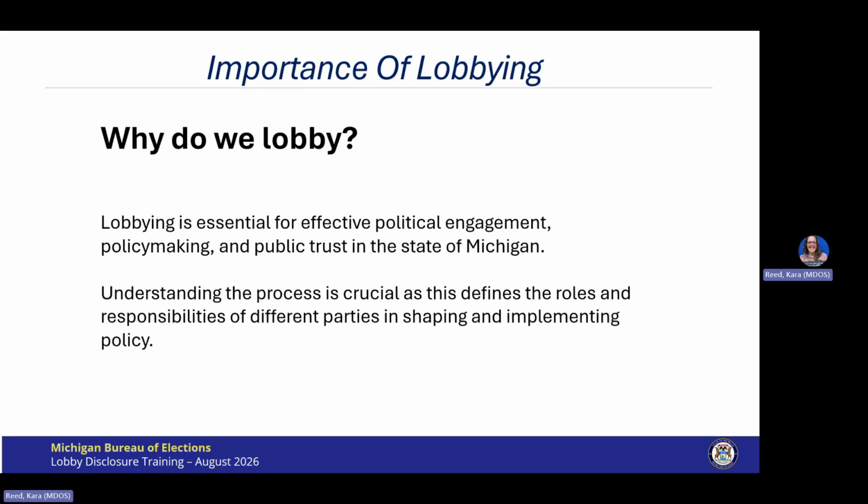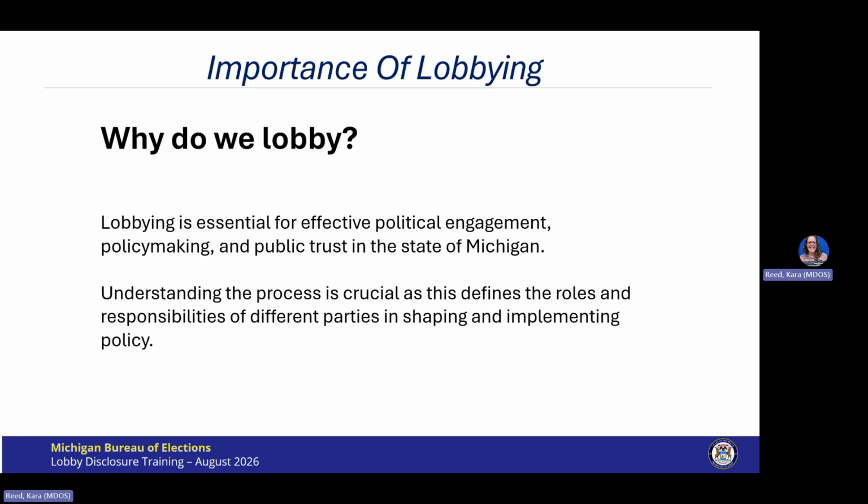Now we know what lobbying is, who does the lobbying, but why do we lobby? Now, there are four parts of this process that help to define lobbying. First, building connections. This amplifies voices and assists with driving results and policy advocacy.